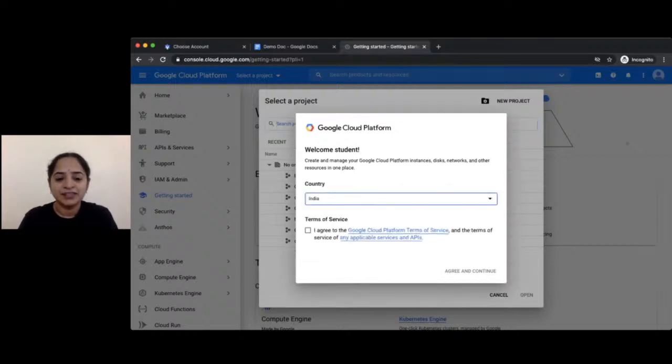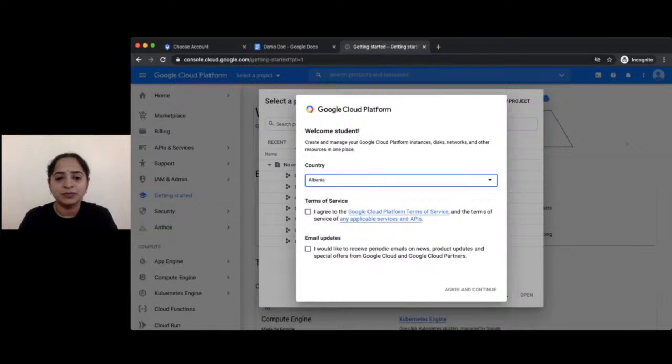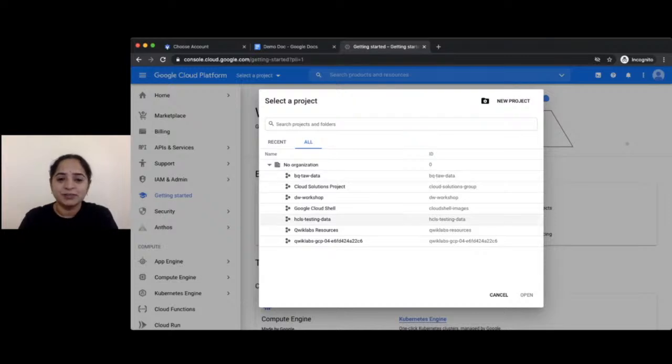So I need to select a country. I can choose a country of my choice. I accept the terms and I agree to continue. I can choose any country of my choice, for the purpose of demo. And I select the project which I would be using. So once I select the project,